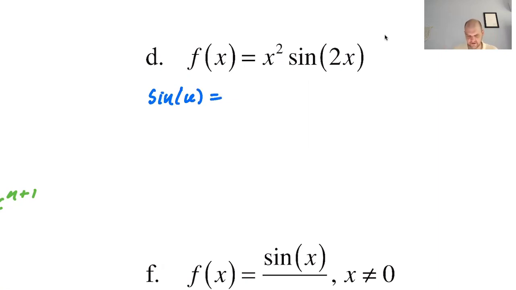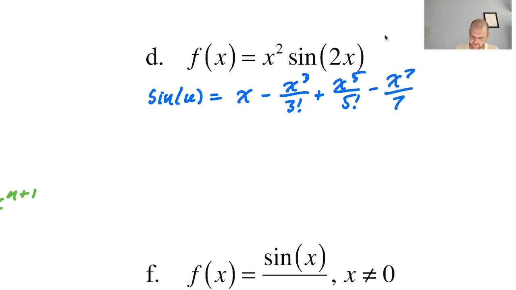Sine is an odd function, so it's the odd powers, and it alternates. And there's the factorials, and we're going with 4 non-zero. And I also object to that. I should have just done 3 non-zero, but whatever. And I'm using x everywhere, so let's go back and erase all those. Cool, cool. u